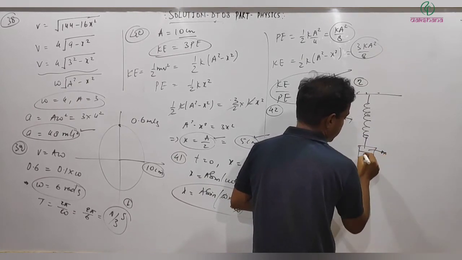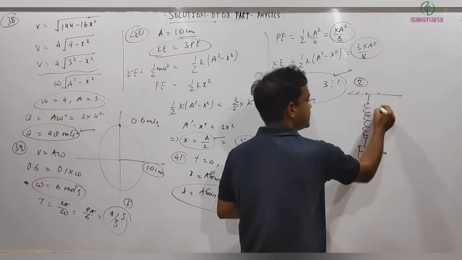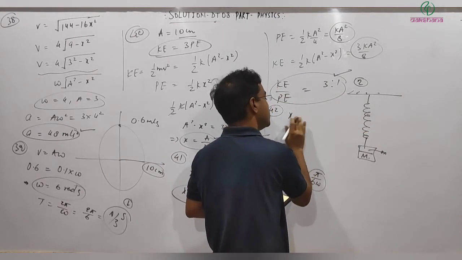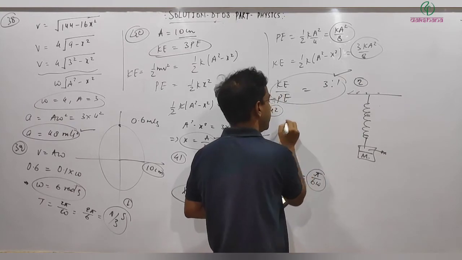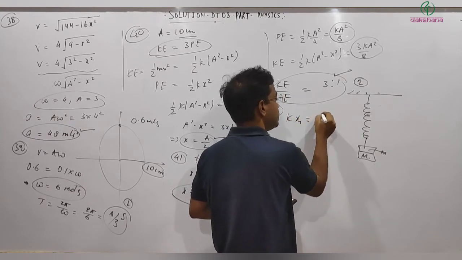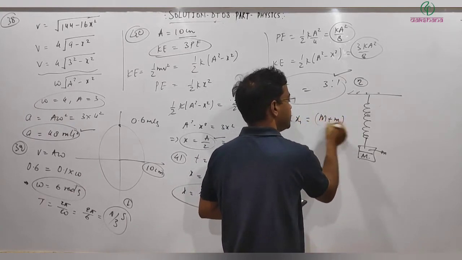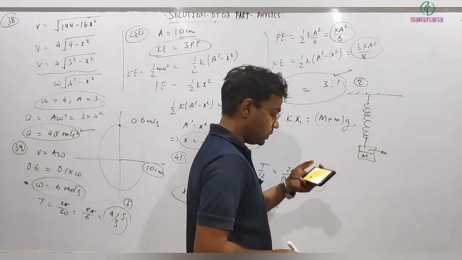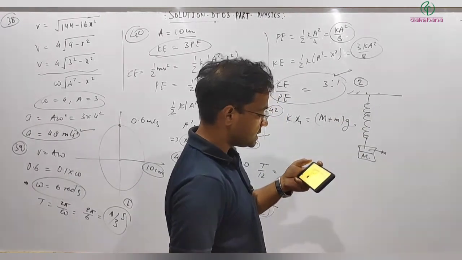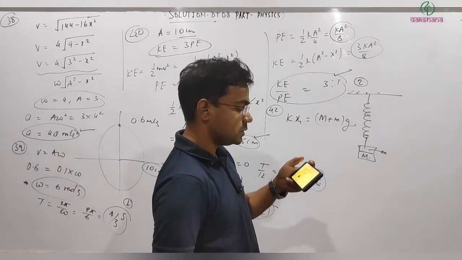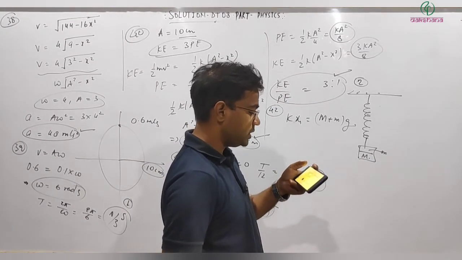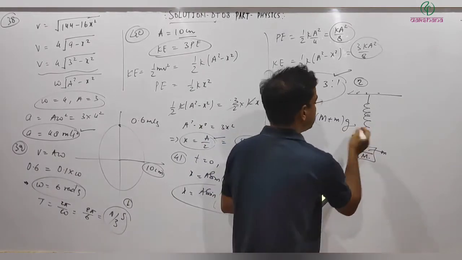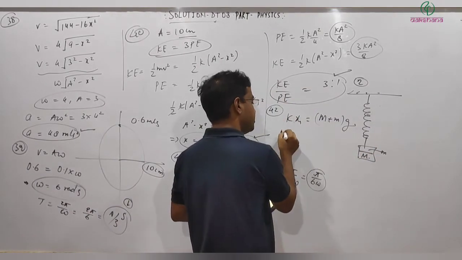This is small m and capital M. So total expansion in the spring will be x, where k x1 is equal to (capital M plus small m) into g. Now what it's saying: when the masses are in equilibrium, capital M is removed without disturbing the system, then the amplitude of oscillation. So once M is removed,